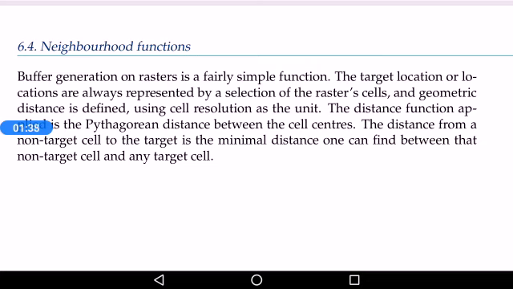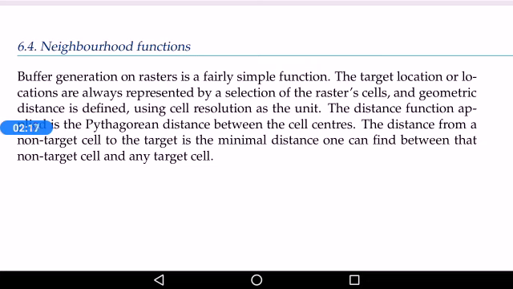So how do you compute the distance from one cell to the next cell? First we need to find that, and then we go on to the next cell so as to complete a 2 kilometer distance. So what is the way of computing the distance? As we had learned earlier, to compute the distance between two cells, we take the cell centers or any one particular place in each cell. So usually we take the cell centers and we try to find out the distance between the centers of both the cells